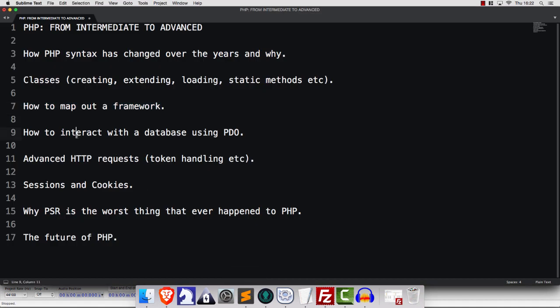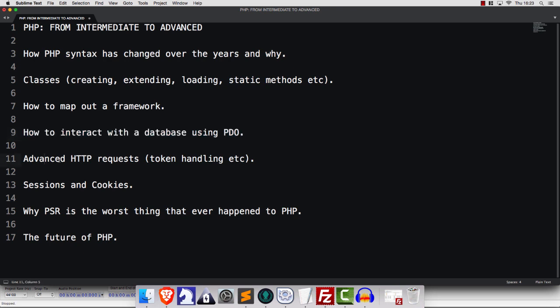But I am going to show you how to cover the routing, and I'm basically going to give you the building blocks so that it's something that you'll understand and you'll be able to set up if you want. By the way, doing the general plumbing and architecture for a framework is considered the most difficult part. You are going to be able to do that by the end of this training. Then we're going to cover how to interact with a database using PDO. There's still a lot of developers who are unclear about this, so we're going to cover that. You're going to be an expert, do not worry.